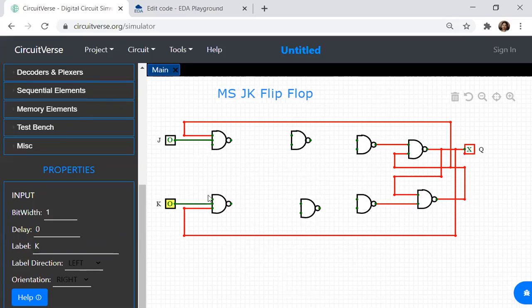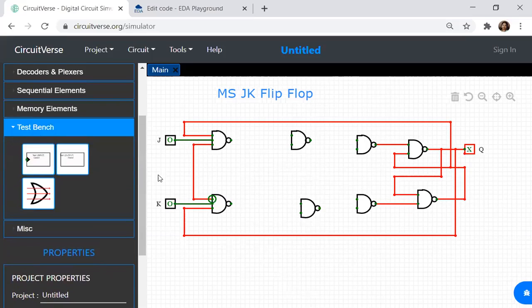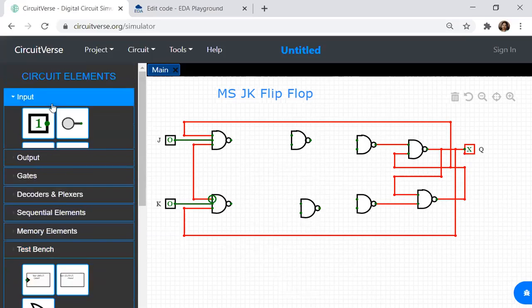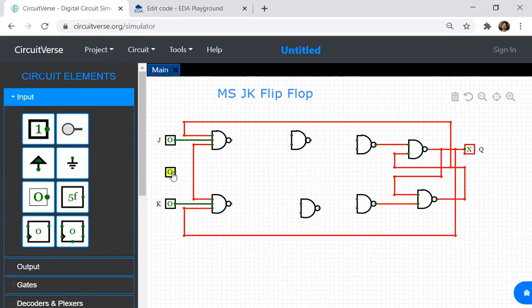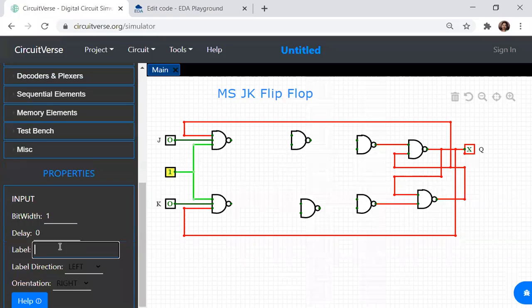What about these two? What should I give? This is a flip-flop. If it is a flip-flop, I can give a clock over here. I can also go for clocked flip-flops, gated flip-flops also, but here I am giving a clock. Okay, I'm dealing with flip-flops, so definitely this will be a clock. It is not varying, it has to vary. So I've given a clock over here.